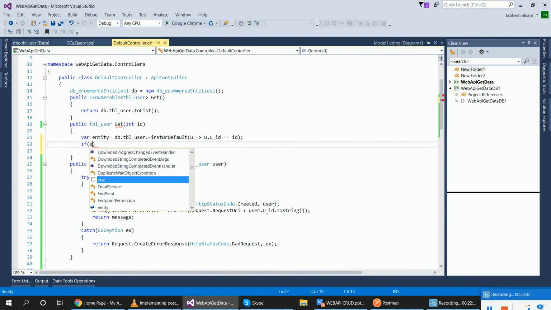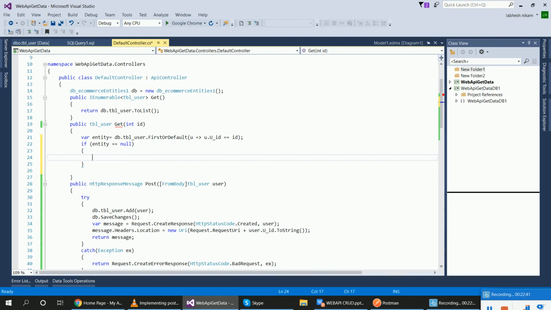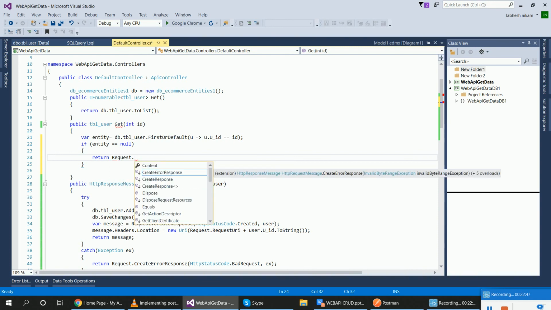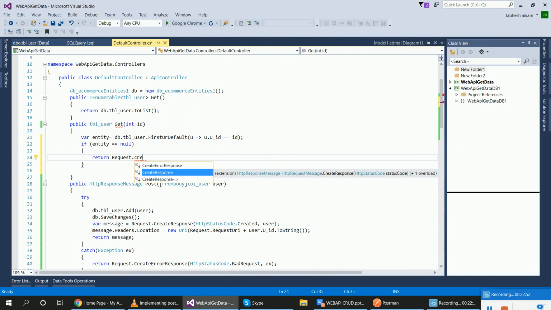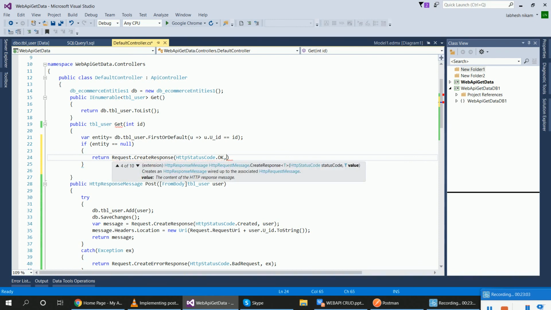If entity equal to null, then return request.CreateResponse, HttpStatusCode.OK, and what will you return?